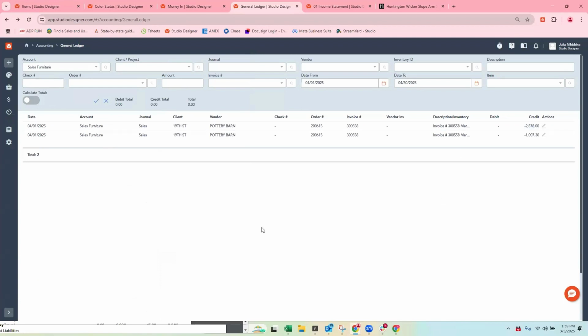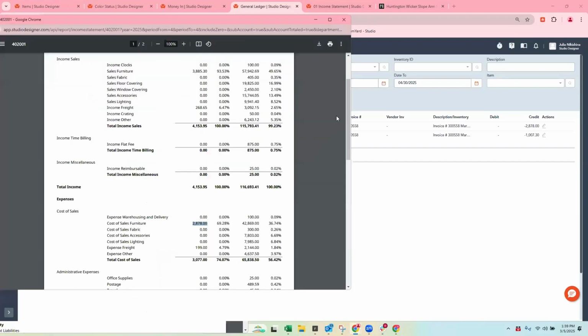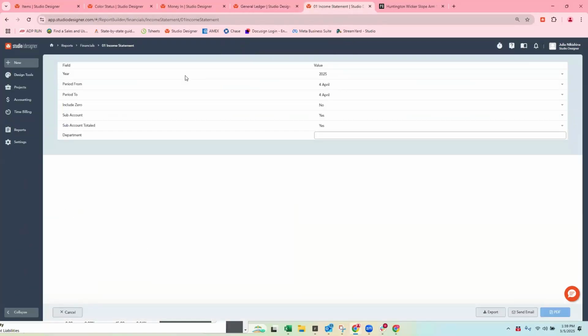And so here would be all of your furniture pieces. And then I could do the same thing with cost of sales furniture to say, show me anything and everything that's associated with cost of sales furniture. And this is how you would understand how am I doing from a client perspective in terms of revenue, cost of sales, and markup.